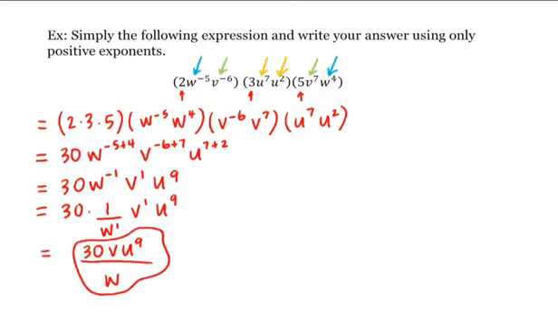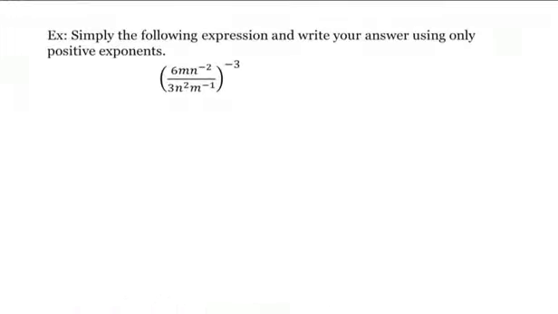All right, let's see another example. Let's simplify this expression and write our answer using only positive exponents. Well, the first thing we can do is simplify what's inside these parentheses by, again, grouping like terms. So this is equal to, let's group our numbers together, so 6 divided by 3, and then times, grouping our m terms together, we have m divided by m to the negative 1. And then finally, grouping the n terms together, we have n to the negative 2 divided by n squared, still raised to the negative third power,